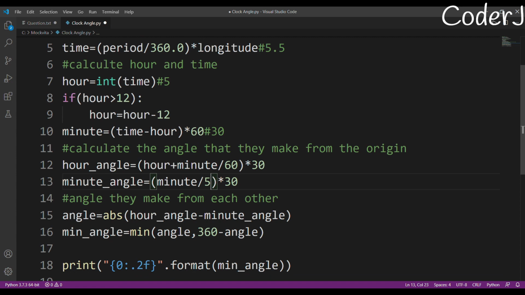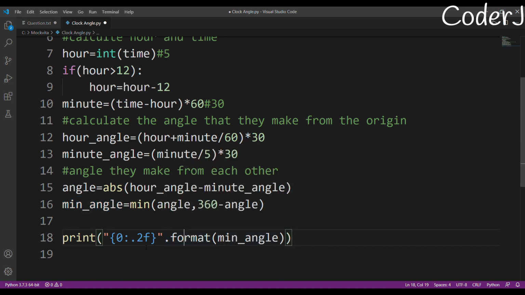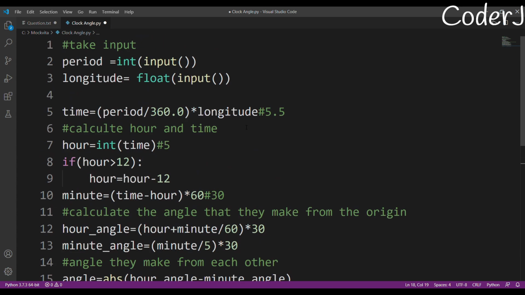And after that, this is the angle that they make with the origin. So I'll just subtract both of them, and I'll get the angle that they make with each other. And after that, there are two possibilities. If the angle is 270 degrees, then I need to find the minimum angle. So how do I do that? I just subtract it from 360. I just find whichever one of them is minimum, either the angle or 360 minus the angle. That will be my minimum angle. And after that, I've just formatted it to two decimal places, and that is my answer